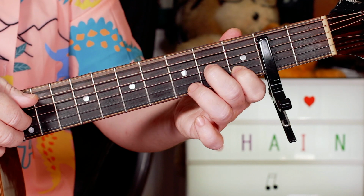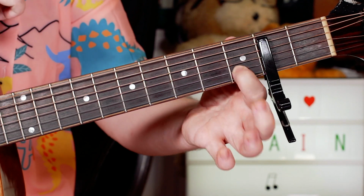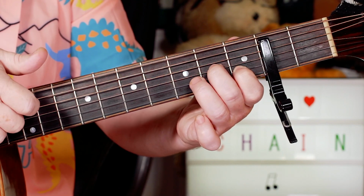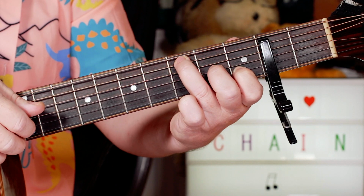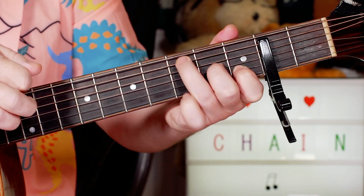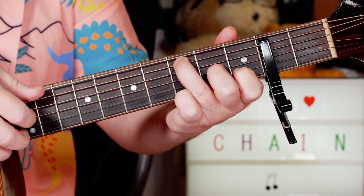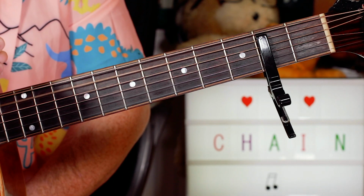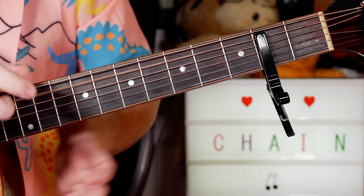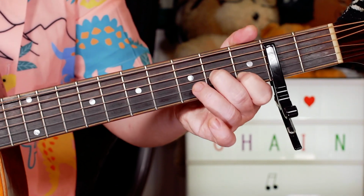So I start open, 4, 2, that's the capo, 1 on B, so then a D on 5 on the A string, back to that B note on 4, and then these 2 notes together, a B and an F sharp, both provided by the capo. So the A and the E string. So we've got